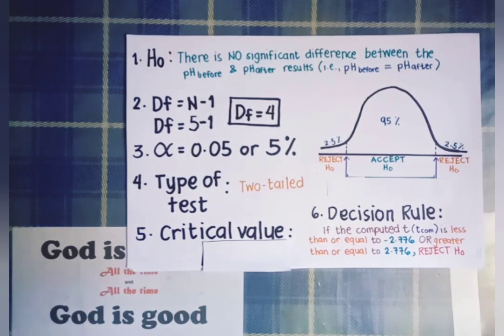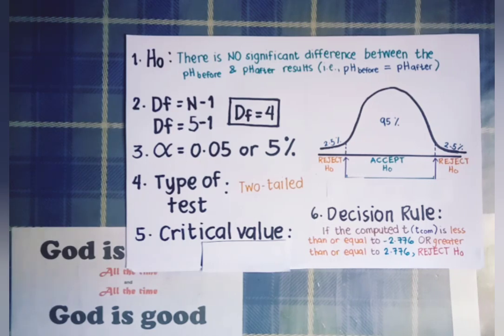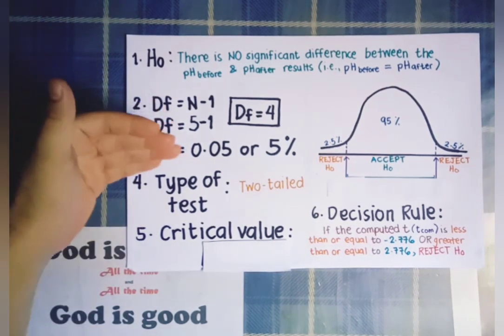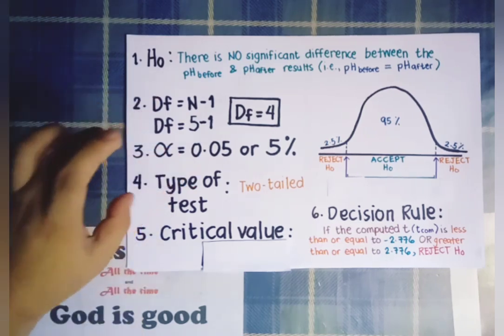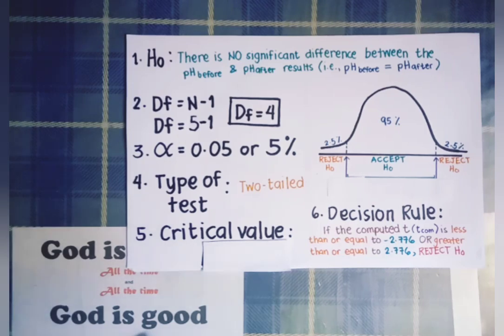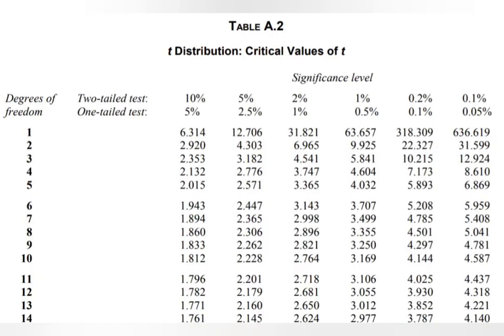In our t-distribution table, there are actually three things that we need to know first: the degrees of freedom, the alpha level, and the type of test, which we already determined earlier. So let's take a look at our critical value table, or the t-distribution table. This is our critical value table for t-test. Here, we know that our type of test is two-tailed, our alpha level is 5% or 0.05, and our degrees of freedom is